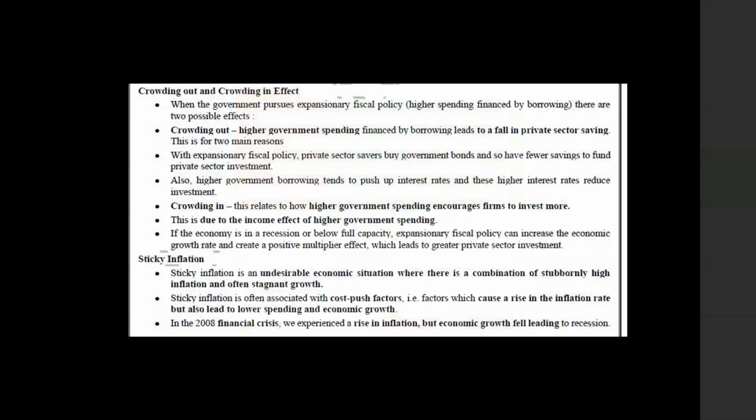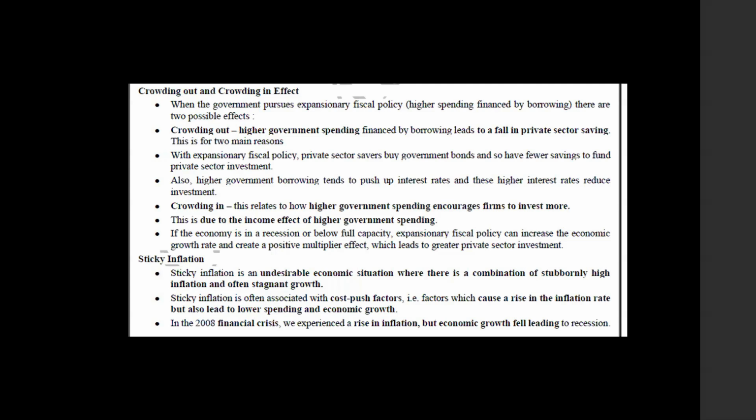Next, guys, these two terms, crowding out of investment and crowding in of investment, are very, very important. UPSC and some other exams like the CDS exam and CAPF exam have been asking questions on the crowding out and crowding in effect. What is crowding in? Crowding in means incoming. Wherever government spends on infrastructure, and that spending attracts more investment, that is called crowding in of investment. It means private investment follows public